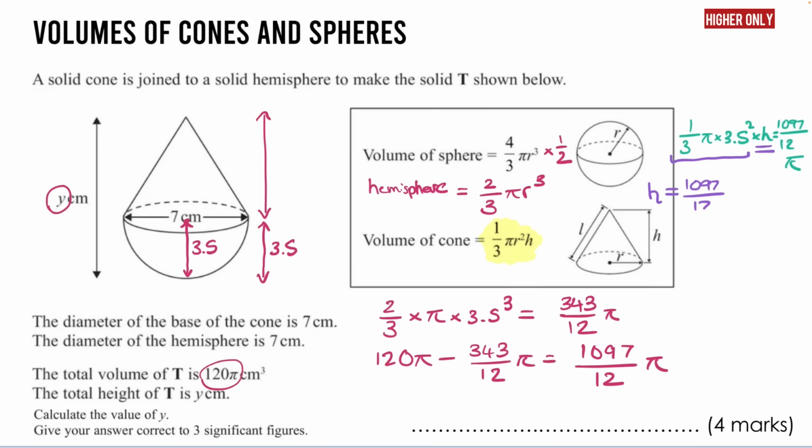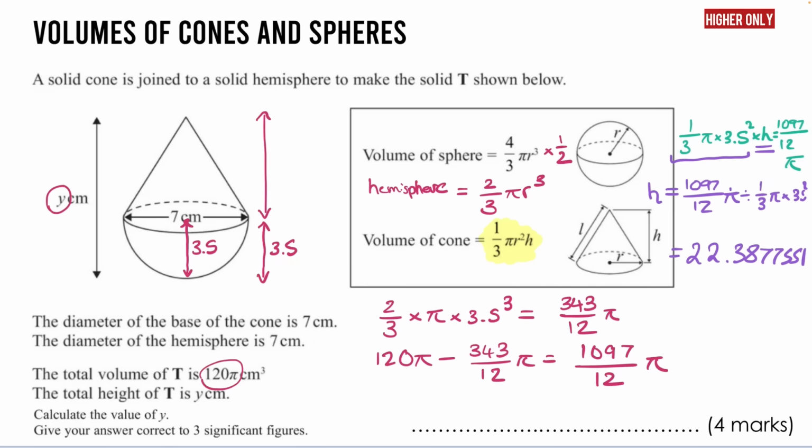1097 over 12 pi divided by, and then we have this 1/3 pi times 3.5 squared. Now I'd probably write that as a fraction on my calculator rather than as a division like that. Probably going to be a lot easier for us to do. So I already have the answer on my calculator, so I can put the answer over and then do 1/3 times pi times 3.5 squared. Now that gives me a final answer. It comes out as either a decimal or as a fraction. I'm going to write this one as a decimal. It comes out as 22.3877551. Okay, so that is the height of the cone,